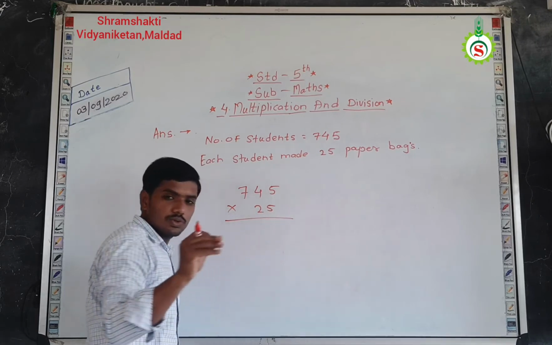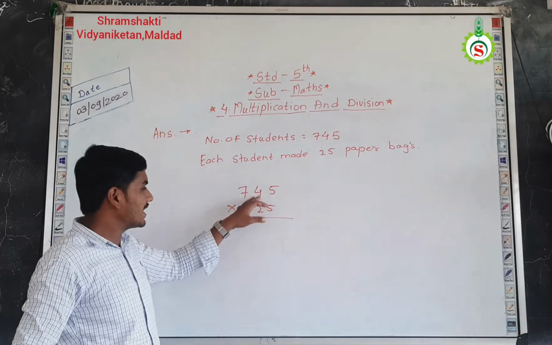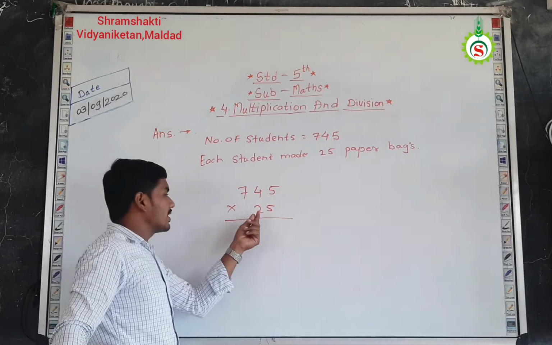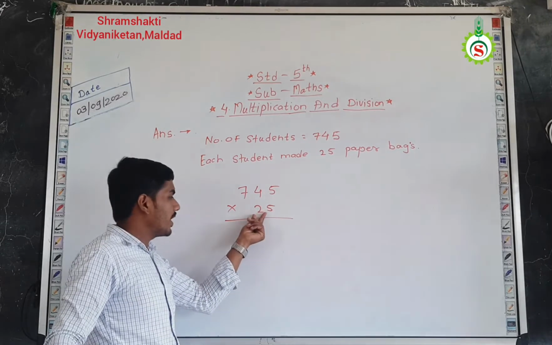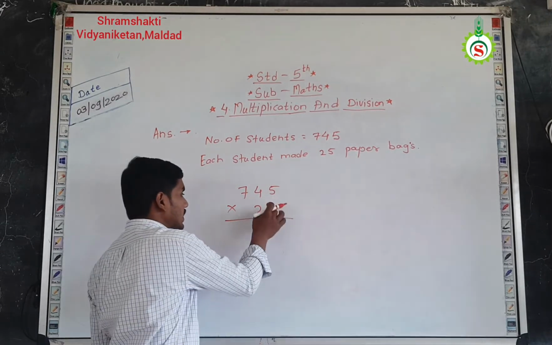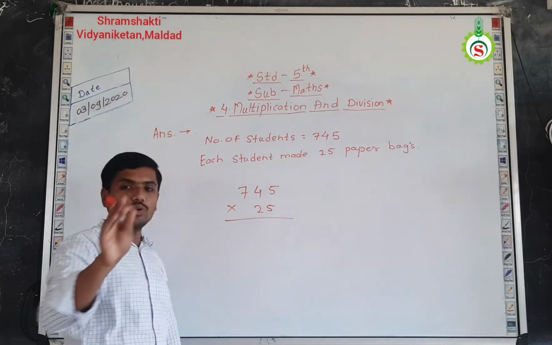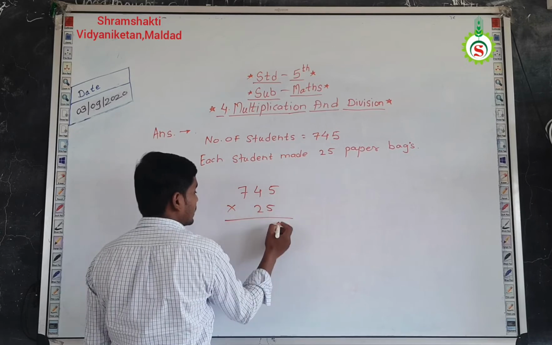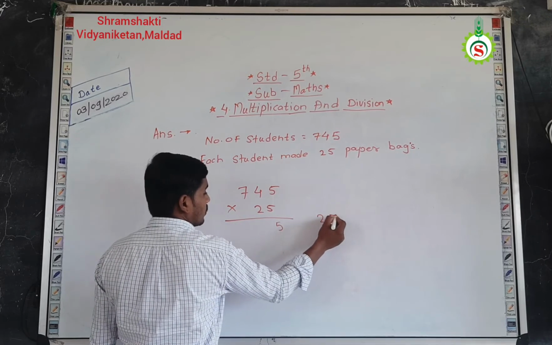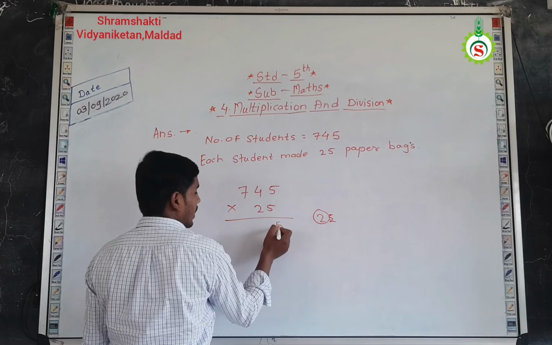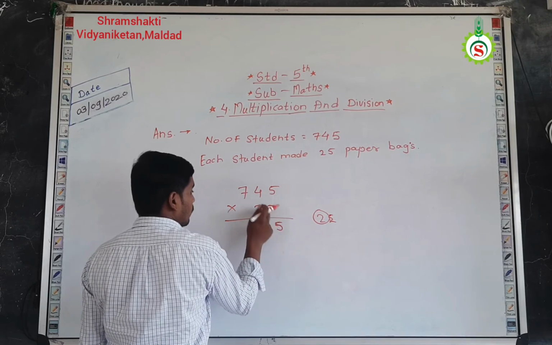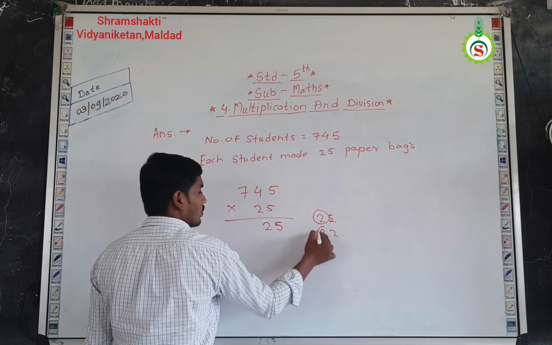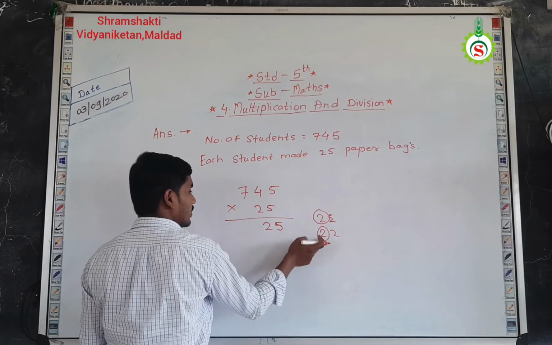So if all of you know the table of 25, you can directly multiply 745 by 25. Otherwise, you can multiply by the single digit, that is 5, and then by the 5. So let us consider we don't know the table of 25. So we will multiply separately by each digit. So 5 5s are 25. Out of 25, that 2 is carried, you have to write here. Okay. Now 5 4s are 20. 20 plus 2 carried, that is 22. So out of that 22, 2 I have written here and 2 is carried.